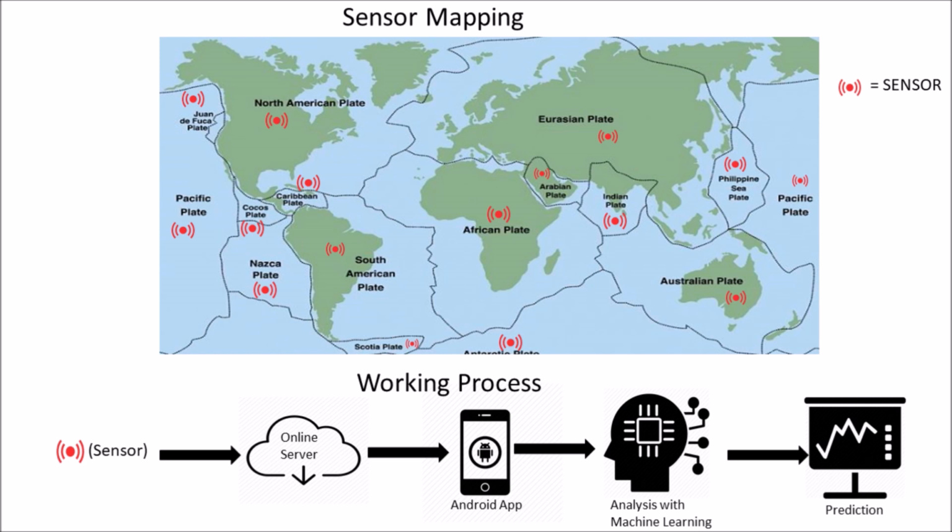Tectonic plate displacement causes volcanic eruptions. We can predict the earthquake from volcanic activity by comparing NASA's provided volcanic cloud map with tectonic plate displacement data. Now I am going to show you how our project works.